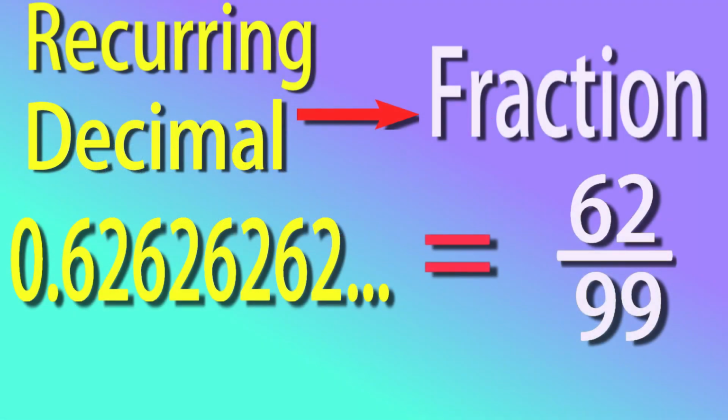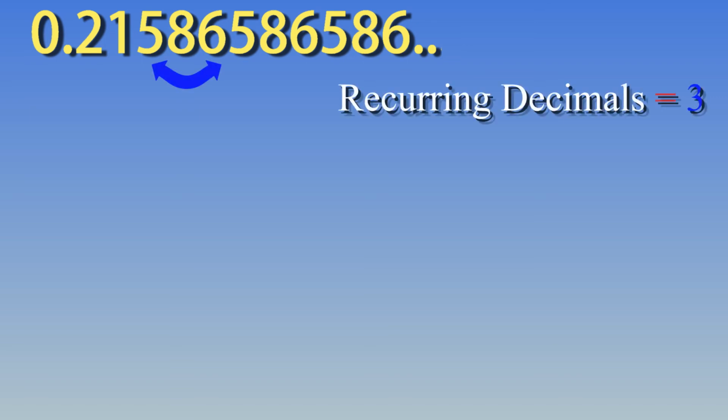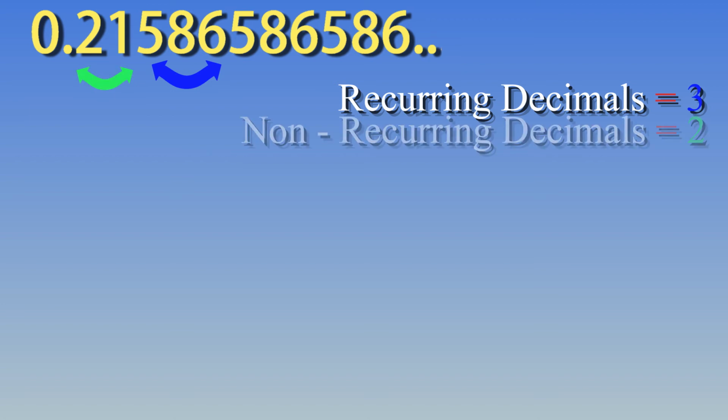Let's do one final example, which is going to show you why using only one multiplication and doing 100x minus x won't work for a particular recurring decimal. Let's take this number. In step 1, we check the length of the recurring pattern. Its length is 3 because there are 3 numbers that repeat over and over again. Then we check how many numbers are non-recurring after the decimal. Well, that's 2, 1, so that's just 2.